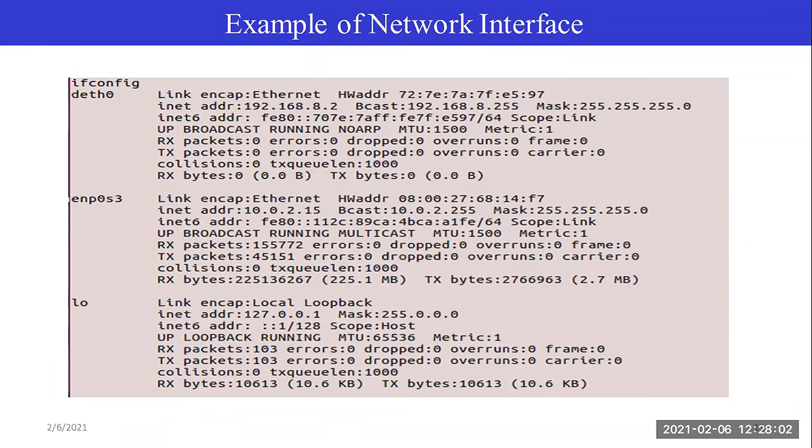As you can see, through ifconfig we are getting a lot of information about that particular interface. Some of the information is retrieved from the network stack, for example the IP address, broadcast address, how many packets are sent, how many packets are received, and all that. But some of the information has to be retrieved from the driver.